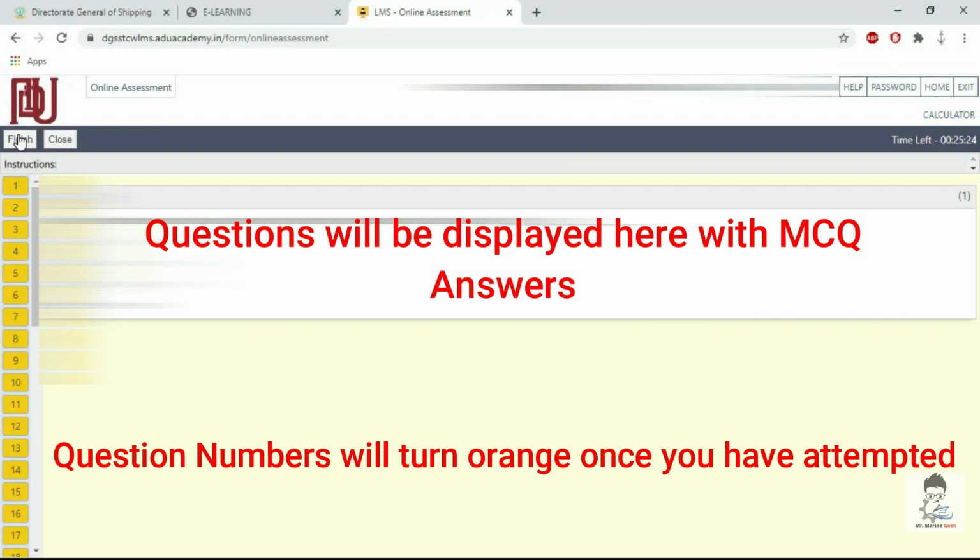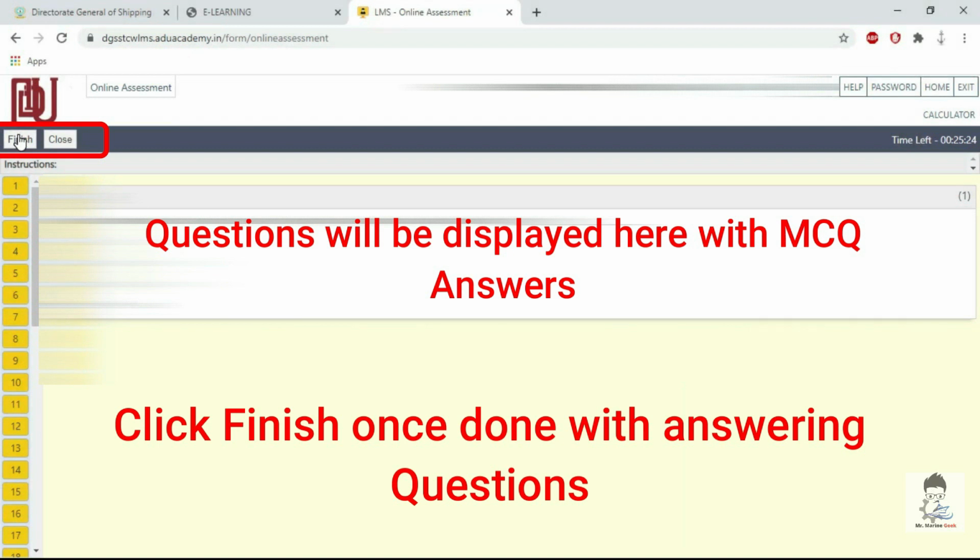And once you are done giving the answers for this e-learning assessment, you just have to click on the top. You can see the finish button, and on the right hand side you can even see the time left. Normally you have 30 minutes for a 30 question e-learning, and 45 minutes if you have 45 questions for that particular e-learning assessment.